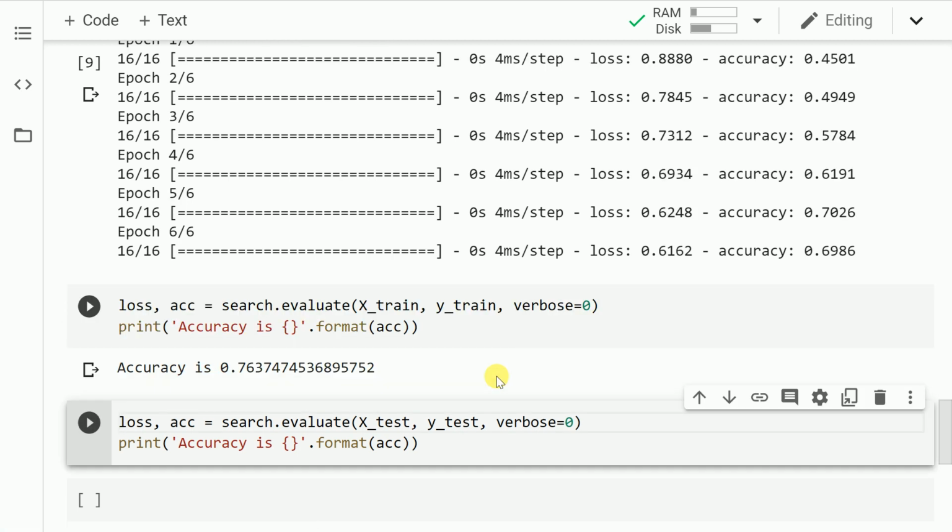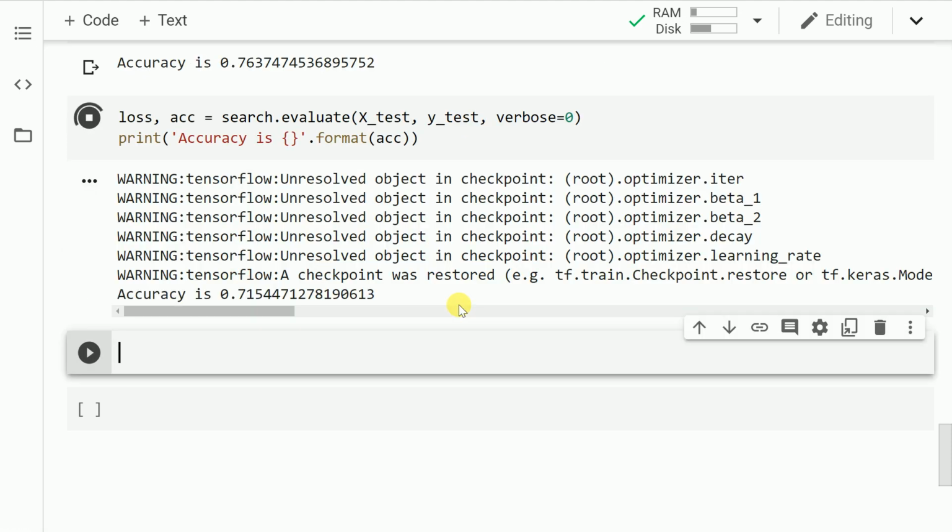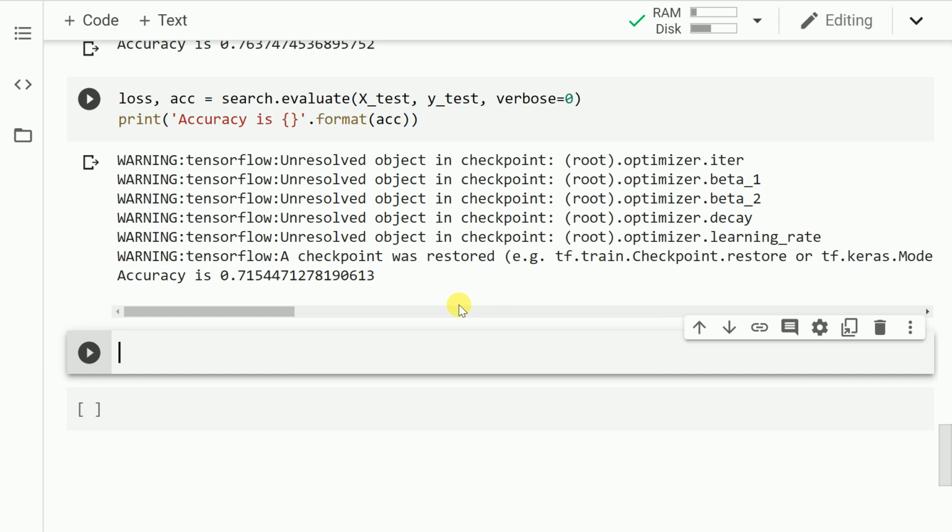As you can clearly see, the best model out of the 20 models gives us a training accuracy of around 76%. Let's go forward and validate how good this model performs on the testing data set. So let me run the cell. As you can clearly see, the testing accuracy of this model is around 71%.